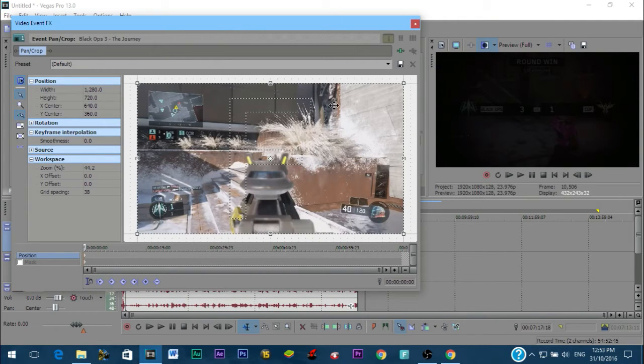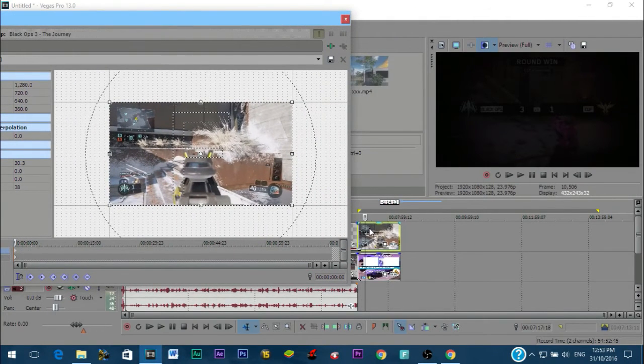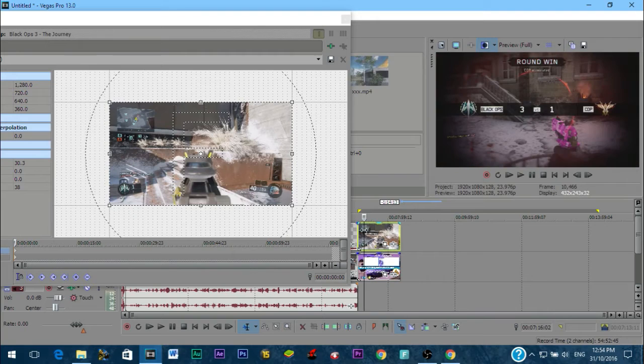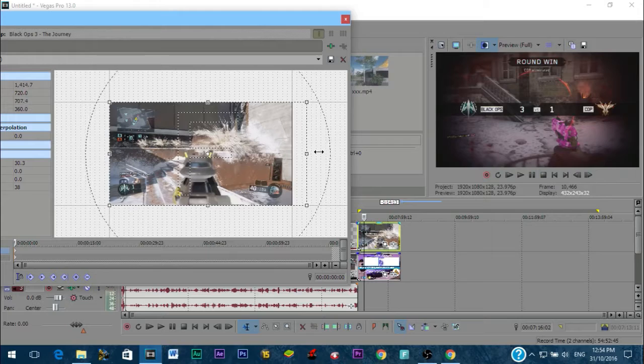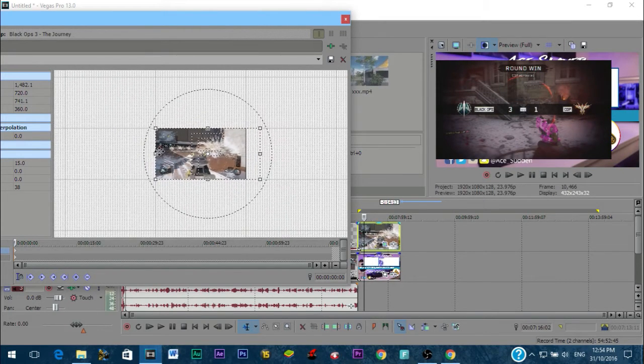You see the ball on your mouse, you want to roll that ball so it zooms out. Or if you're on a laptop, you can zoom out on your trackpad and zoom in, like how you would on a smartphone. So you zoom out. But you want to find a part in your video that's visible. Like that, that's visible. Now you're going to zoom out, zoom out some more, zoom out some more.